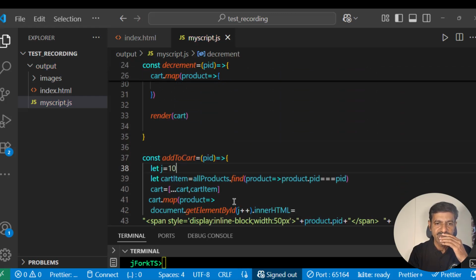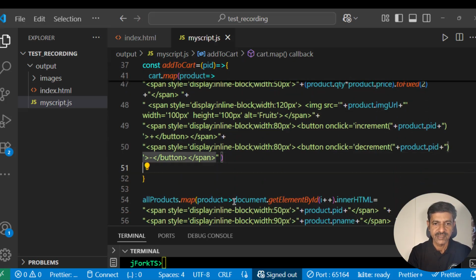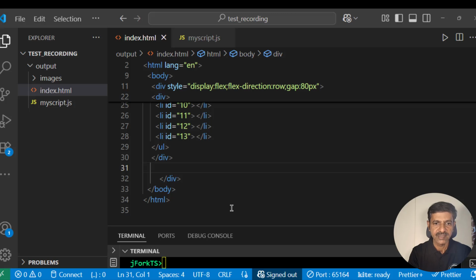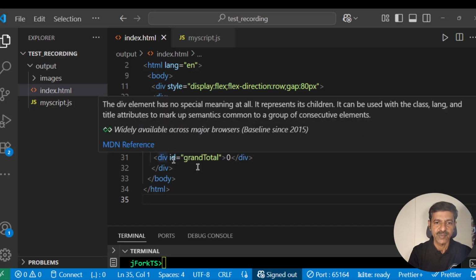So once you add to the cart, here I should display. So what I can do is, in the HTML, we'll take one more div here, and give the ID equal to grand total, which is initially 0. And with proper styling,